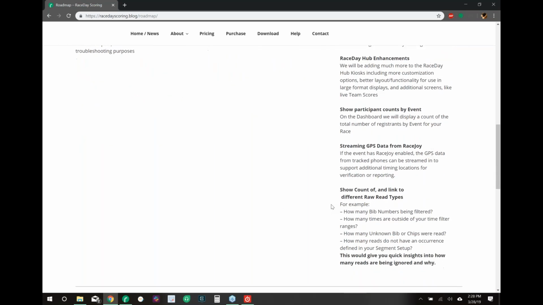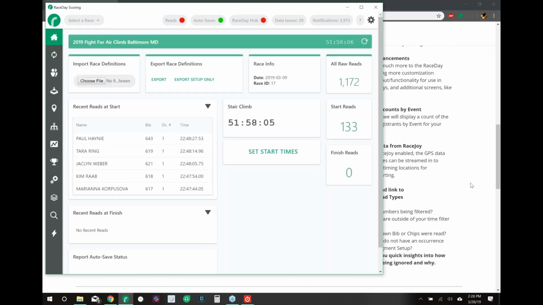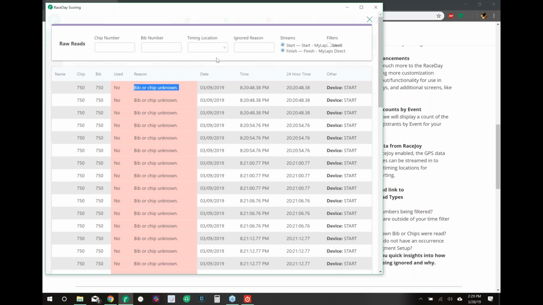A lot of different things we want to show for live data. We want to show more on the dashboard. So we're going to be showing things like these read counts in more depth. We're going to be showing you here, for the raw reads, how many of these raw reads were unknown,